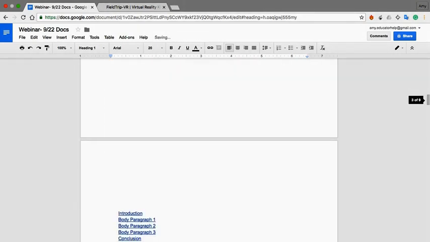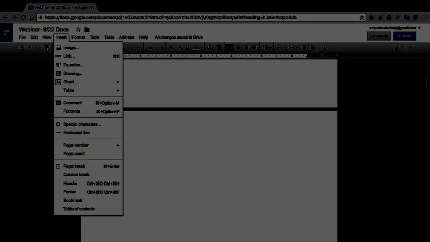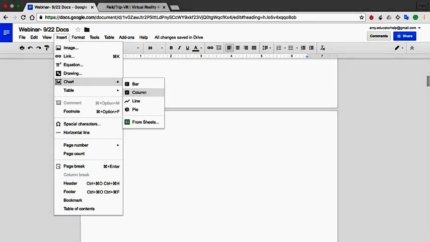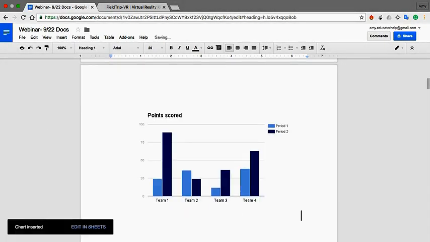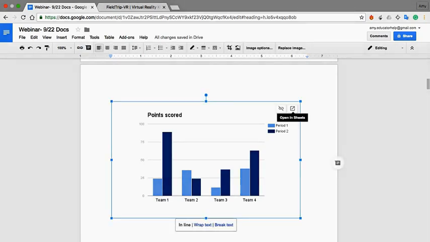I'm going to go down to a new page because from here we can go to Insert and Charts. Charts are a great way to insert into documents because sometimes you might want to show information in charts, whatever it may be. So we're going to do a column. And obviously this might not be the information that we want to display in this chart. So what you do is you click on it and then see how this little box with an arrow in it, if we click here,